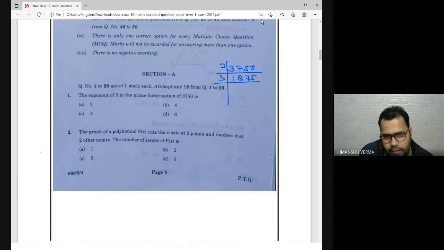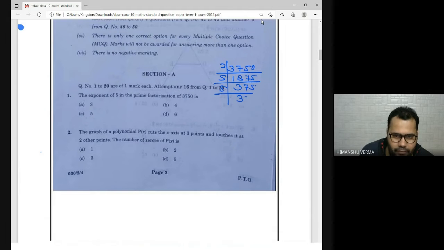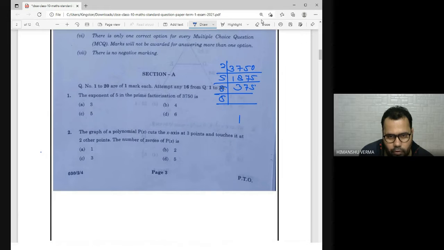Then of course it will start with a 5. So 5 3 15. We have 3. So 5 7 35, and then 5 5 25. Is it fine? Yes. Then we have 5 7. Sir, wait. The 375 divided by 5 is something else. It is 75. Okay, sorry, here we went wrong. 75. Then 5 1 5, and then 5 5 25.